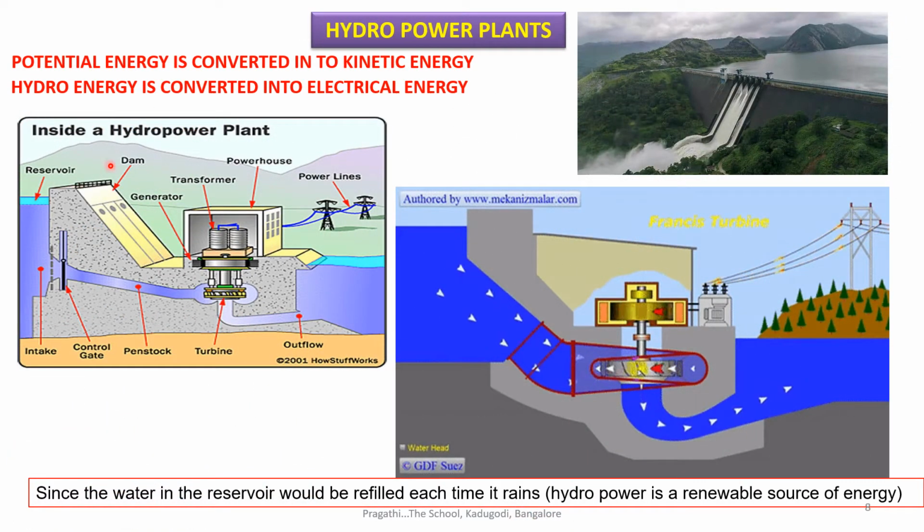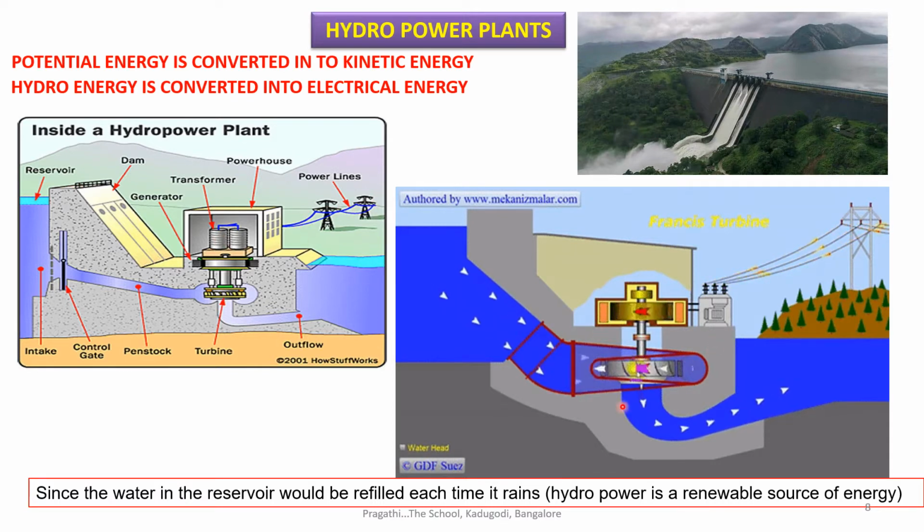Power plants. That means the potential energy is converted into kinetic energy. You can see here a big, beautiful dam is constructed, and water is stored here. That is a water reservoir, and a small amount of water is left to flow. So you can see the reservoir is here, and water is stored here, and here they leave a small amount of water which comes with a lot of pressure, and the turbine will be kept here, and it rotates the turbine. In turn, it turns the generator, producing the electricity.